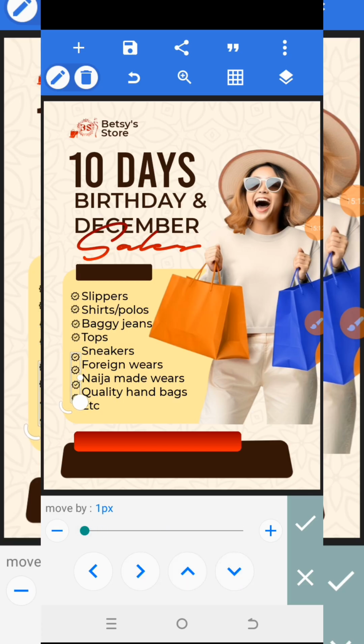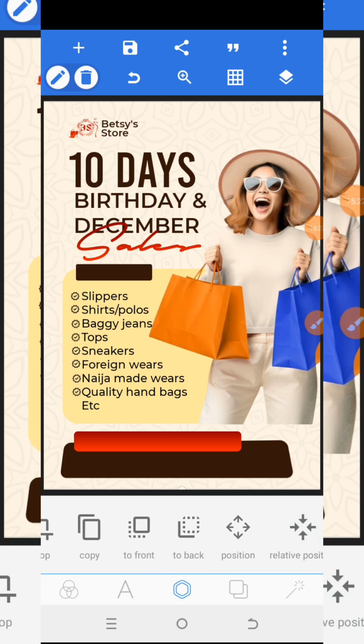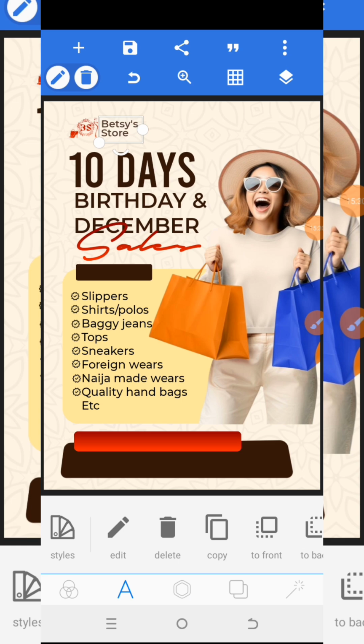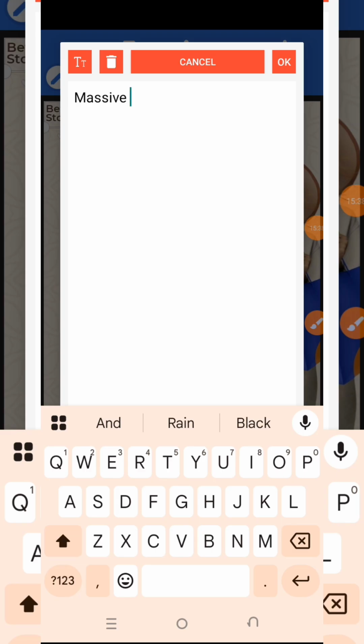Just align them like this, and you are good to go with this. So you actually see how it works. So the next thing is for me to fix something like this. I'll just copy this and then I'll write massive discounts